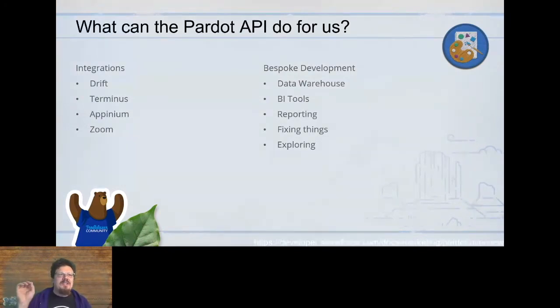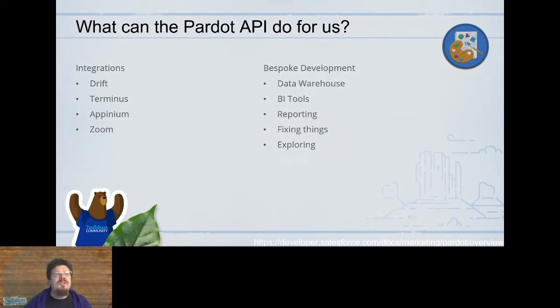Brazilians spell Brazil with a Z and Salesforce has it with an S. Being able to do corrections like that with the API allows us to do this, either in bulk and batch form or in a much more near real-time process, where we have code that is every couple of minutes asking Pardot, hey, what's new, what's changed? And then looking at those and saying, well, that's not right. Let me fix the spelling of Brazil.